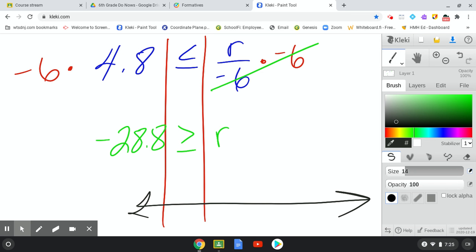So step 1, make sure that my variable is on the left. Here it is not. So remember, I'm going to rewrite it, but you have to make sure that the alligator's mouth is still open to the same either variable or number. So here my alligator mouth is eating the negative 28 and 8/10. So I have to make sure when I flip this, it is still eating the negative 28 and 8/10. Okay. All right. So now we are going to graph